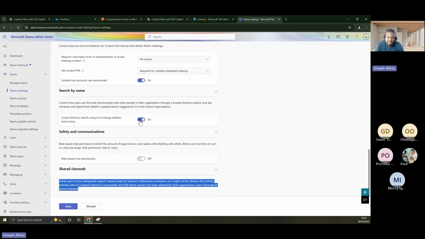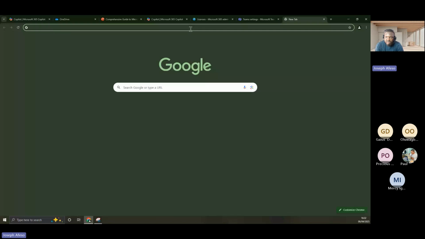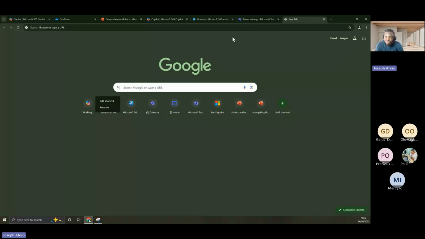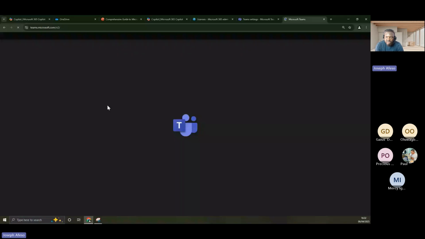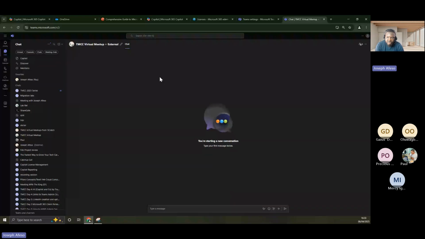And sometimes the scope directory search is turned off, but when you search for people in Teams, let me see if I can just quickly go to Teams. When you search for people in Teams, you will see that users not found, right? If you are seeing that issue, what we do most times is, okay, if this is happening and you check and confirm that the scope directory search is turned off and yet you are still having this issue, so what you can do is you now say, okay,